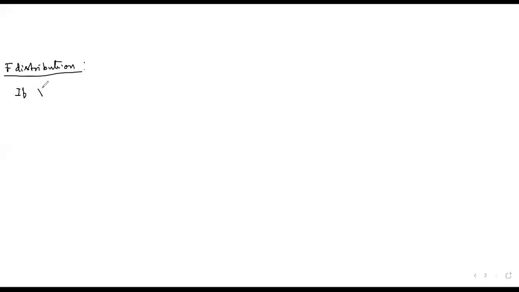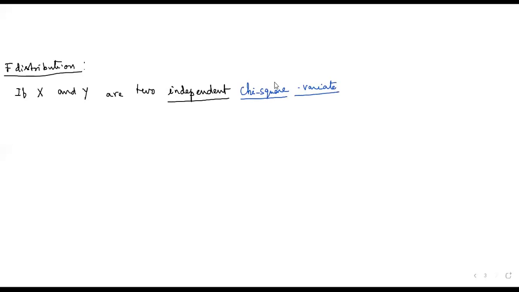If capital X and capital Y are two independent, this word is important, and there is a catch once again, independent chi-square variates, two independent chi-square variates with n1 and n2 degrees of freedom respectively,